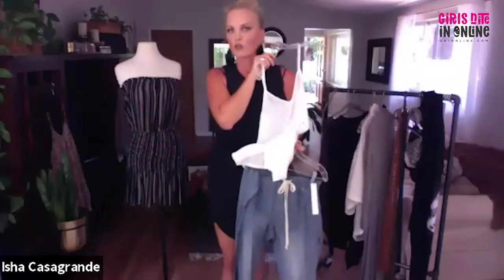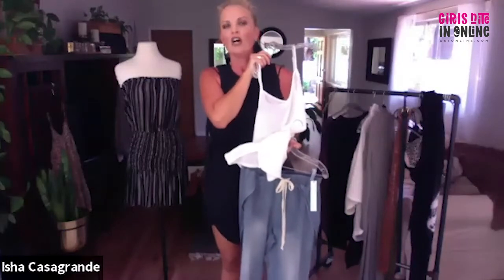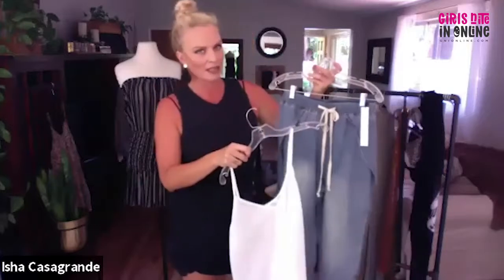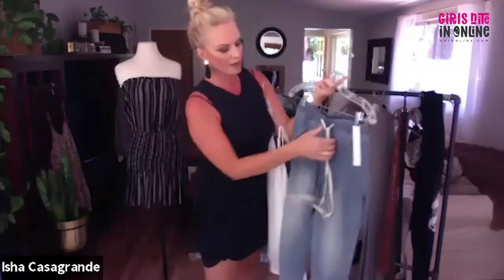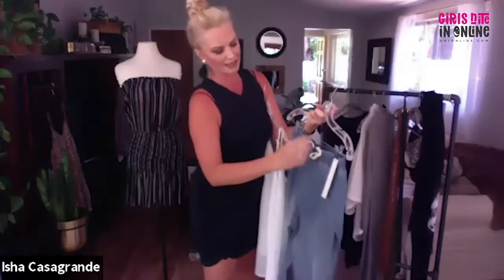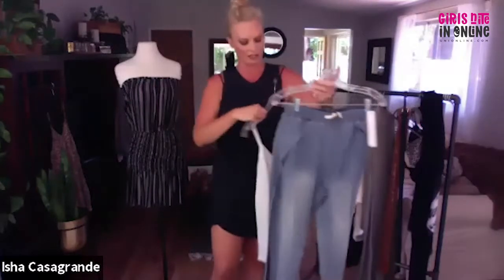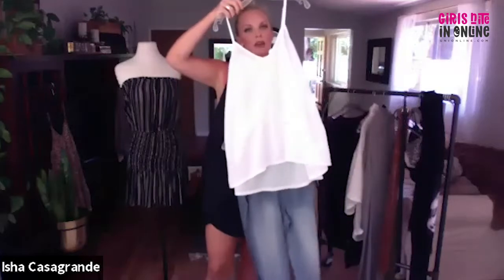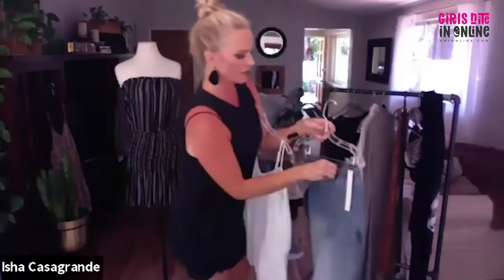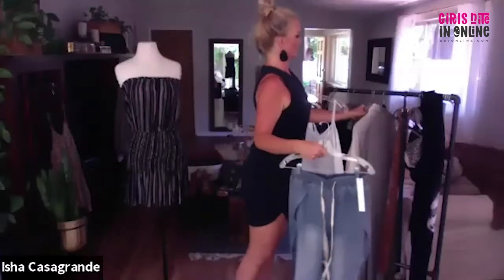So see how those 2 pieces, it draws your eye because they're 2 pieces that are similar color. So that front tuck that I told you I can do right there, and this piece becomes like a belt. If I didn't want this to show, or I was going to wear darker colors, I would simply tuck it in, and I could still do the front tuck, and then you would just see the denim on the white and the denim, okay, instead of that look. So if I have these 2 pieces, I'm going to pull this out for now, and I'm going to take this sweater,